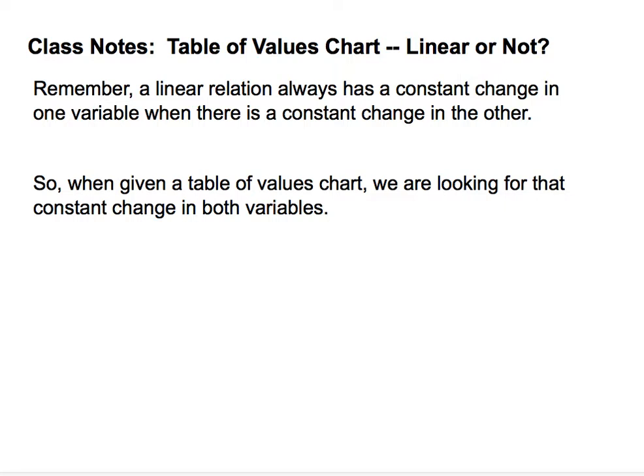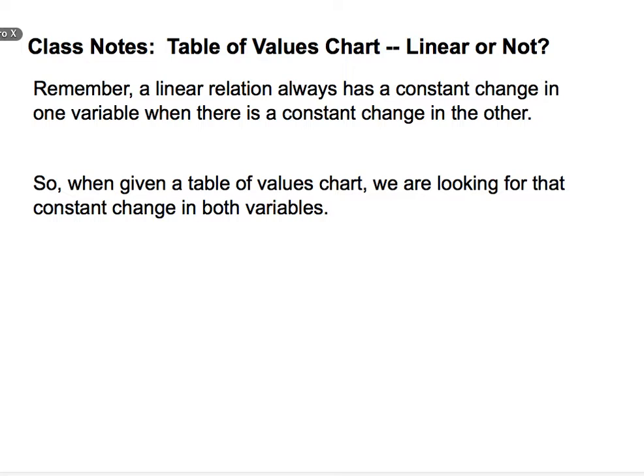Okay, so welcome to part 4 of Unit 4, Lesson 2, Linear Relations. What we're going to talk about in this portion of the video is the table of values chart. Is it linear or not? We're able to look at a graph and know that it's linear because it forms a line. But we also have to be able to look at a table of values chart and know that it's linear